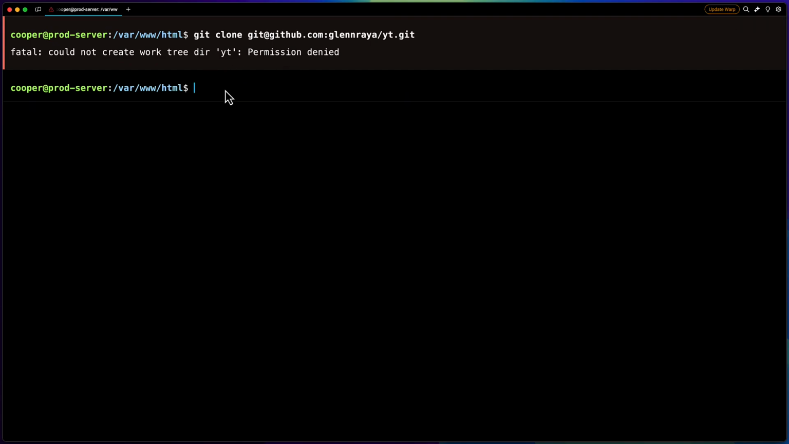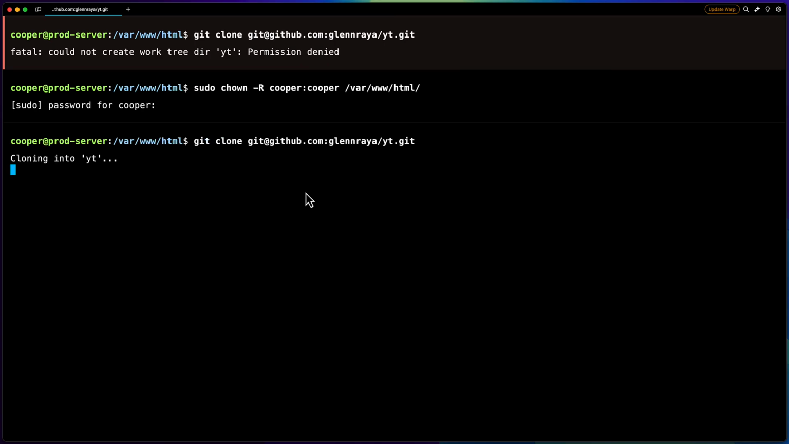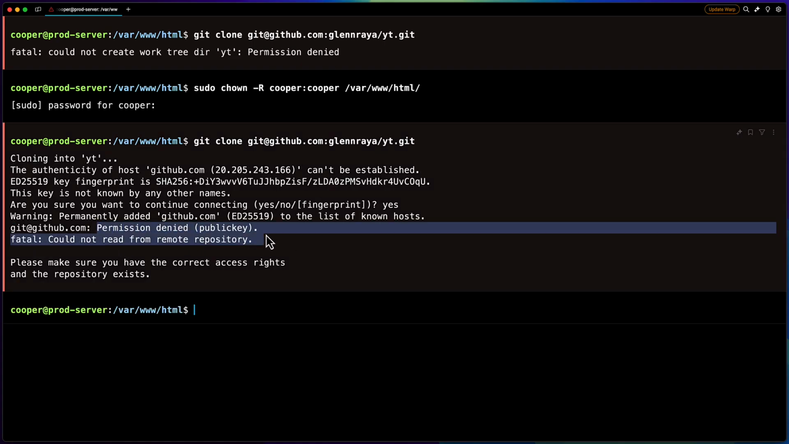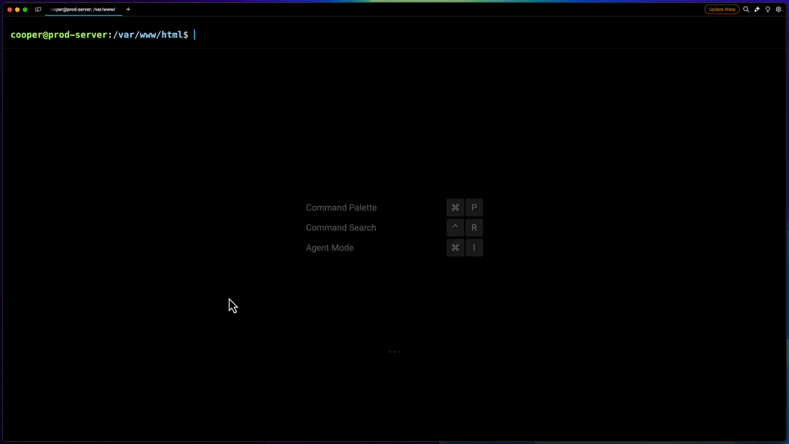Okay, so after changing the ownership, try cloning again. If you still receive a permission denied error, it's likely because GitHub access hasn't been granted to the server for SSH-based cloning. Although password-based authentication is an option, SSH key-based authentication is recommended for security. So let's generate an SSH key pair that we can add to GitHub to clone the repo without entering our